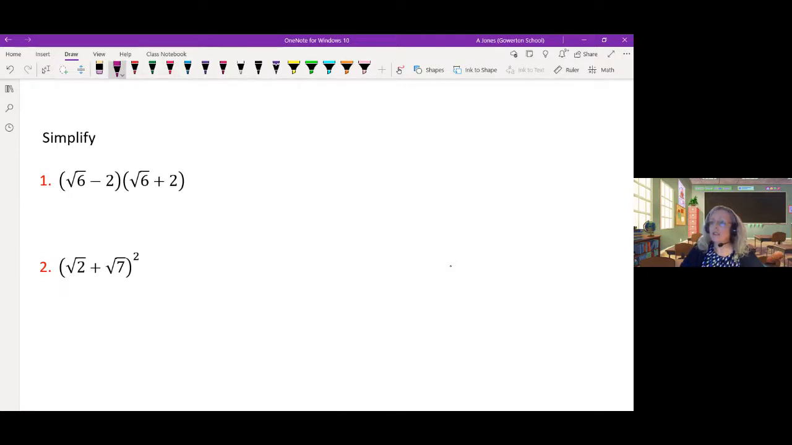Okay, so let's go over these ones now. So with the first one, I am going to multiply out and I'm going to get root 6, and then root 6 multiplied by plus 2 is plus 2 root 6, and then here minus 2 multiplied by root 6 is minus 2 root 6, and then minus 2 multiplied by plus 2, so that's going to be minus 4. Root 6 multiplied by root 6 is 6. These cancel out, so I'm left with 6 minus 4, so my answer to this one is going to be